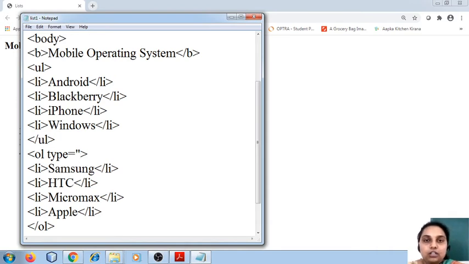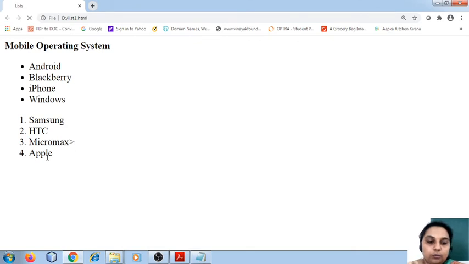Previously we were seeing it starting with 1. Now I will change it to type A, uppercase. Do you find the list being marked? Item markers are uppercase letters.